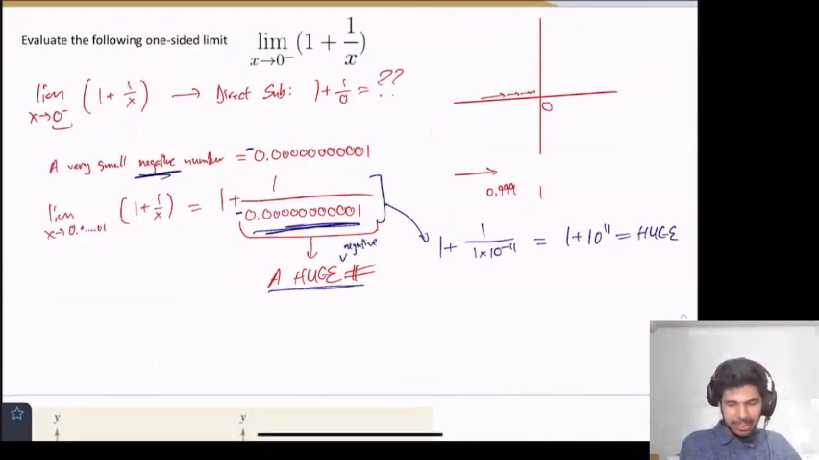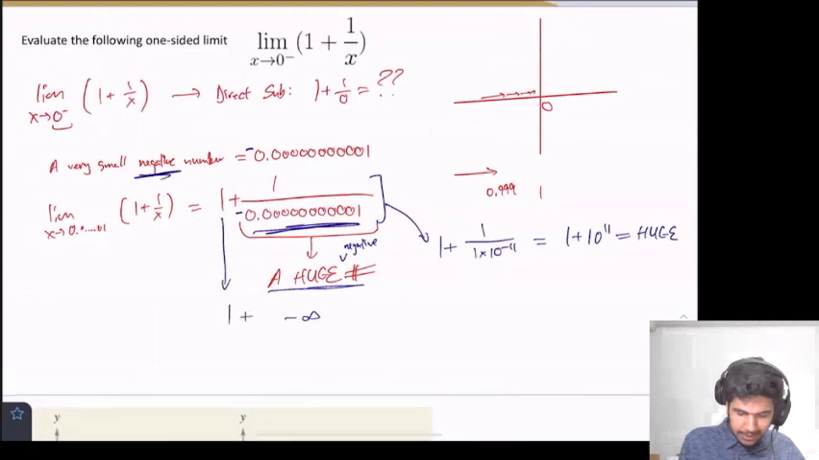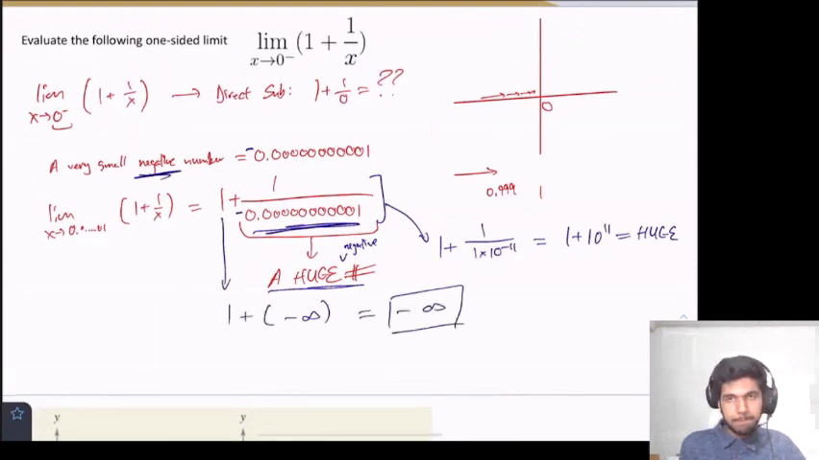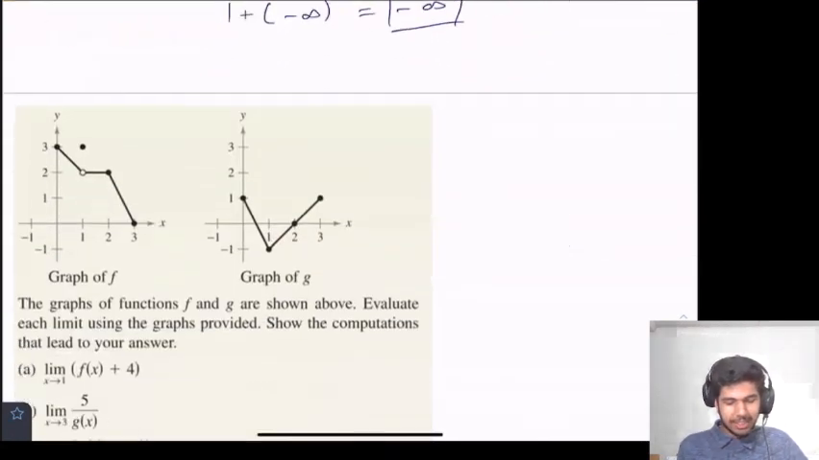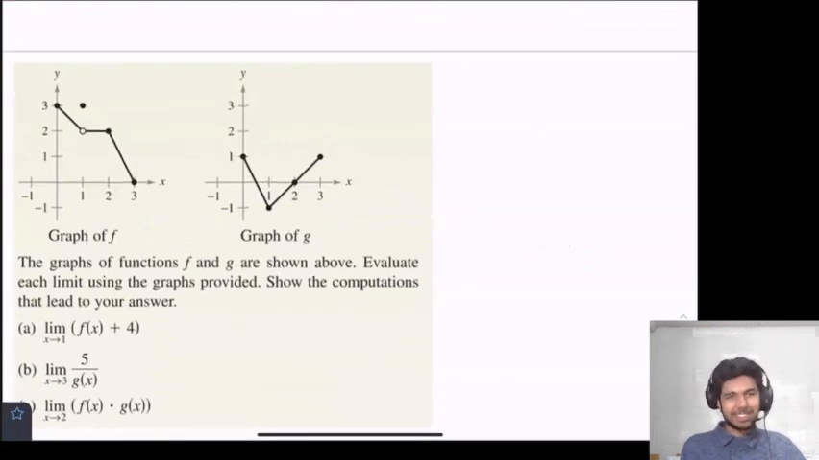Well, what's a huge negative number? Negative infinity. But we also have to carry down this 1. So we get 1 plus negative infinity, that's just equal to negative infinity. And that's that. And now we move on to the last question of the day, which has 3 parts, unfortunately,